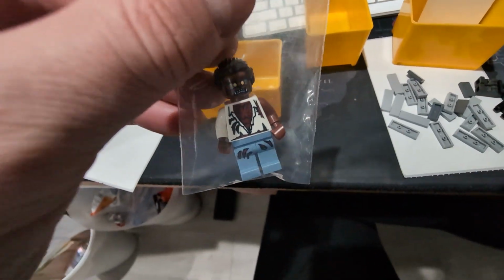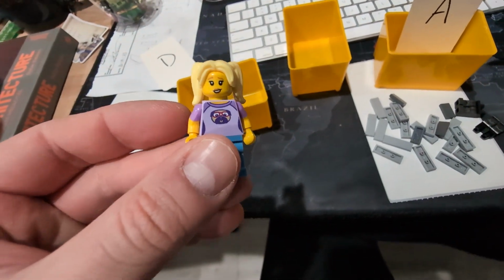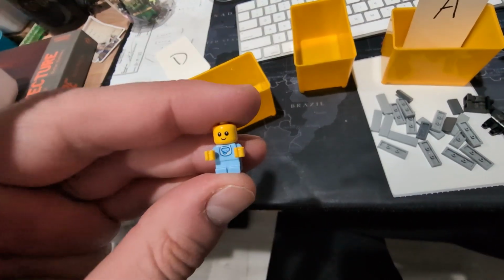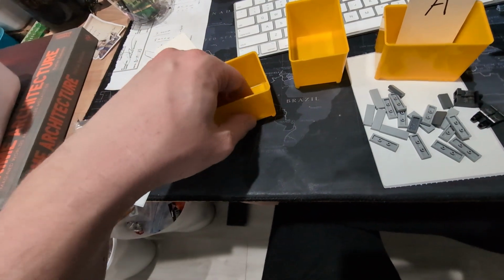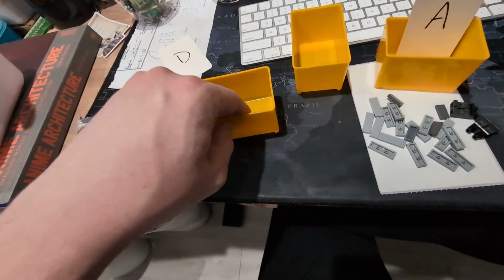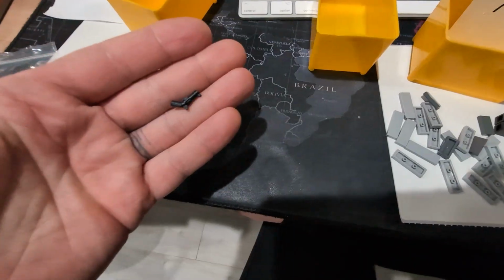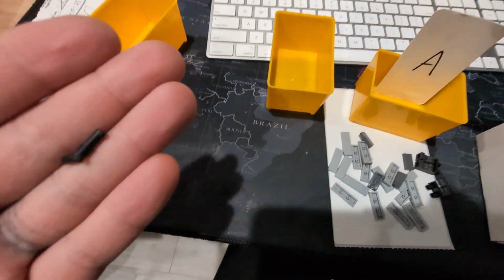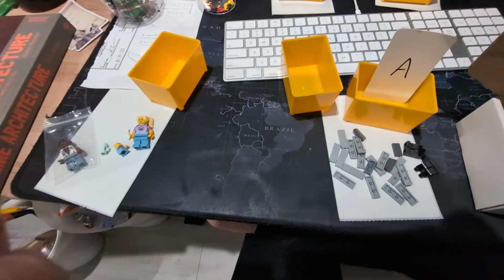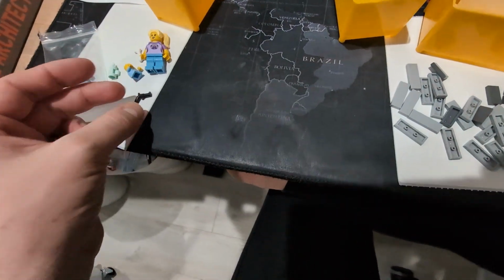So there's a werewolf. There's the babysitter with the baby. And the bottle. But she's got a gun, which I kind of want to double check. I don't think there's supposed to be Lego printing on these, but I want to double check to make sure that the gun came in